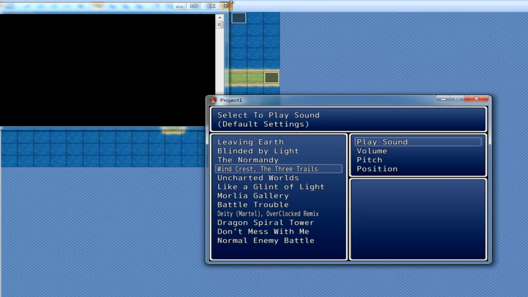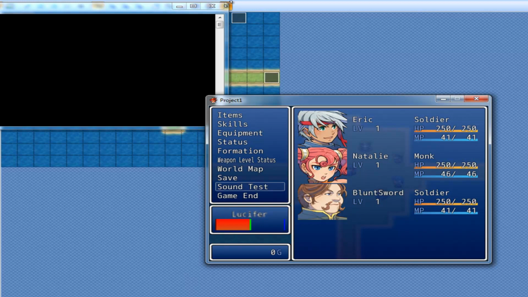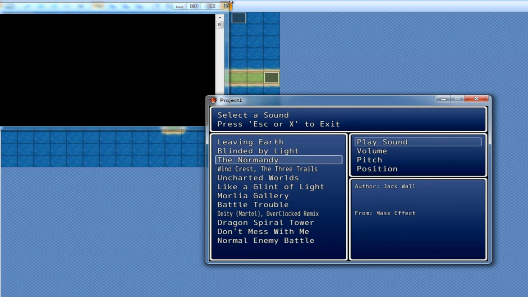Alright, make a new sound. Press B. There you go. The sound from the map is playing again. Alright. So I'll let it go on a bit further. Alright. Go back. Alright. I'm trying to test something out right now. I want to see how long until it actually...